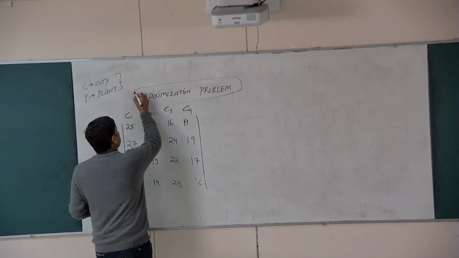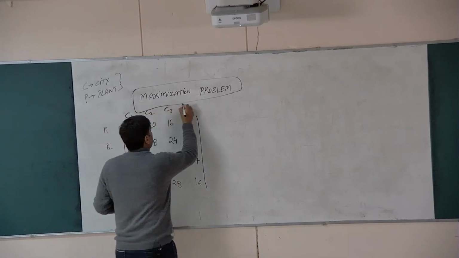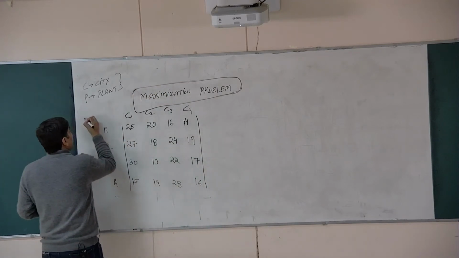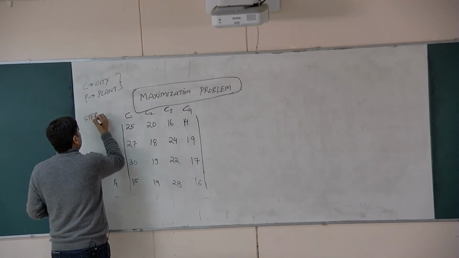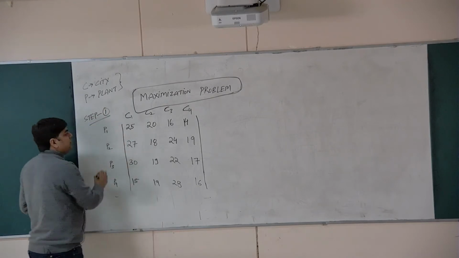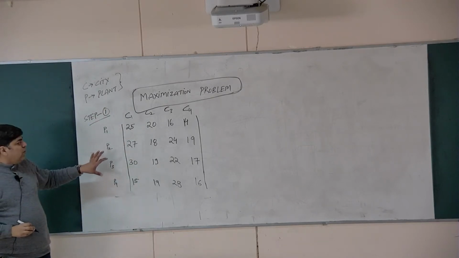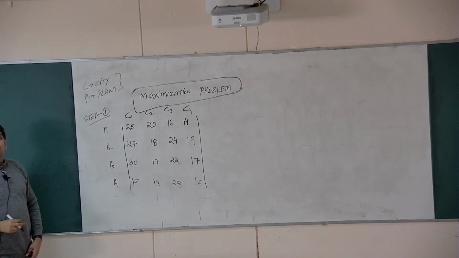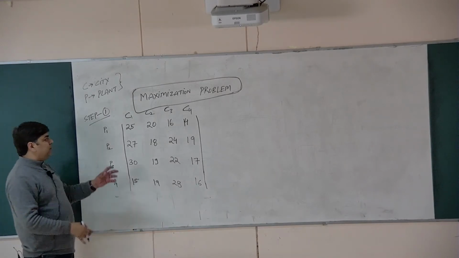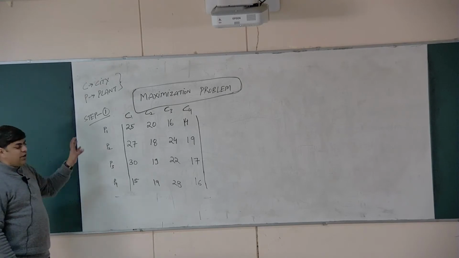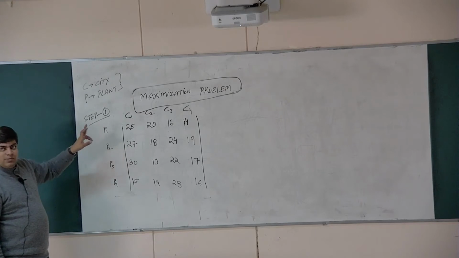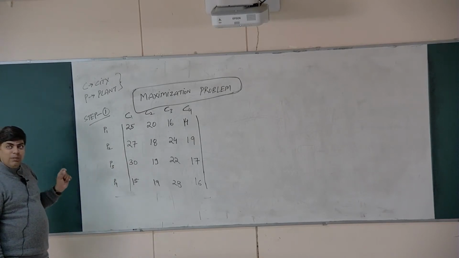Now always remember that in order to carry out the optimal assignment you have to convert. So I'll write here step 1. This is your basic matrix. Now out of this basic matrix you have to carry out the optimal assignment such that the maximization of revenue or profit is achieved by the company. So the company will have to devise a strategy such that the allocation is optimal. So always convert the maximization matrix into the equivalent minimization matrix.